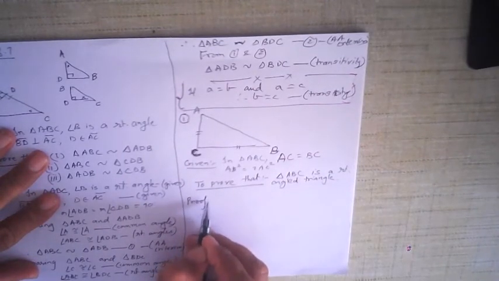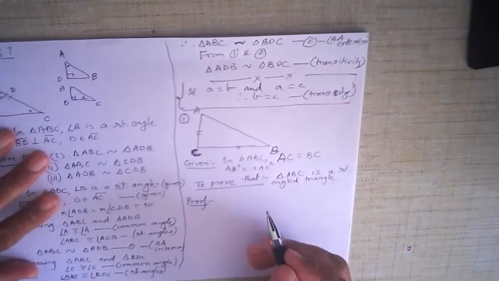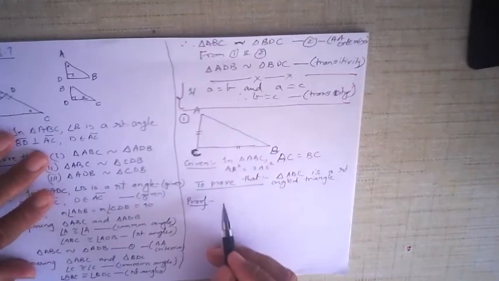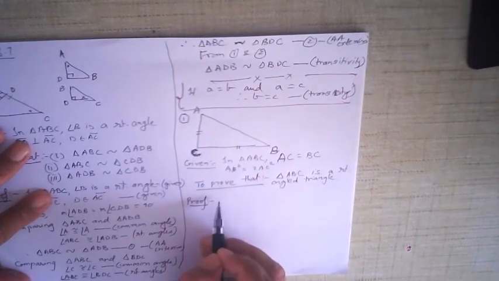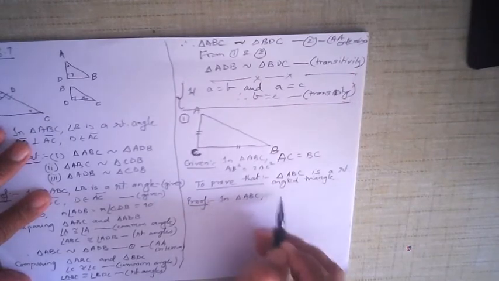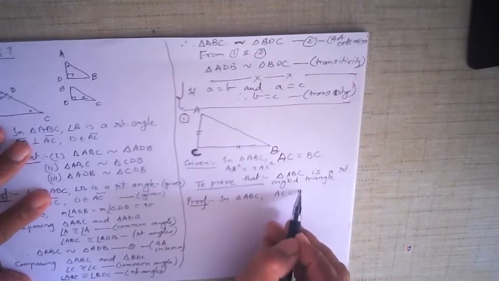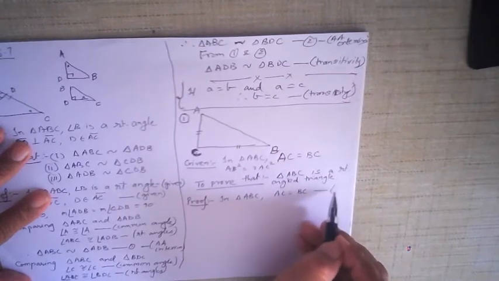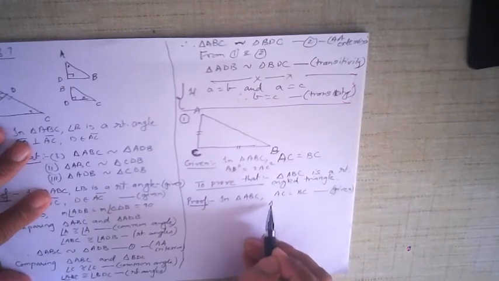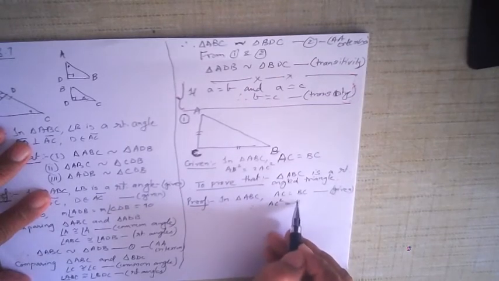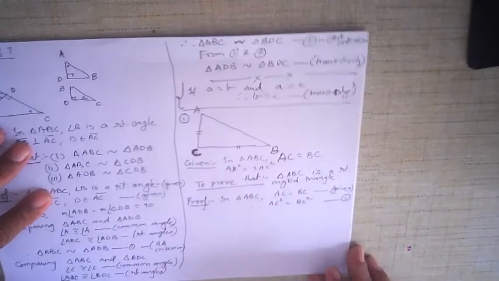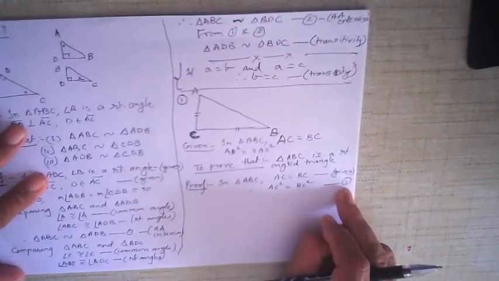This proof is not difficult, and such proofs can be asked in the exam because they are not very long and they are not difficult either. Now, look here. First of all, what are we given? In triangle ABC, AC is equal to BC. This is given. Therefore, if I square both the sides, AC square is equal to BC square. Let this be result number 1, because we will be using this result.